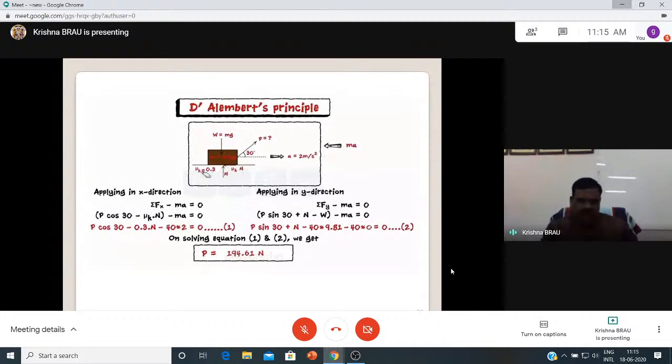P sin theta is the vertical component, P cos theta is the horizontal component. So as far as horizontal is concerned, there is no acceleration in that perpendicular direction. Only perpendicularly the acceleration is zero, only 1 degree of freedom. This is force. Now if we can equate both,